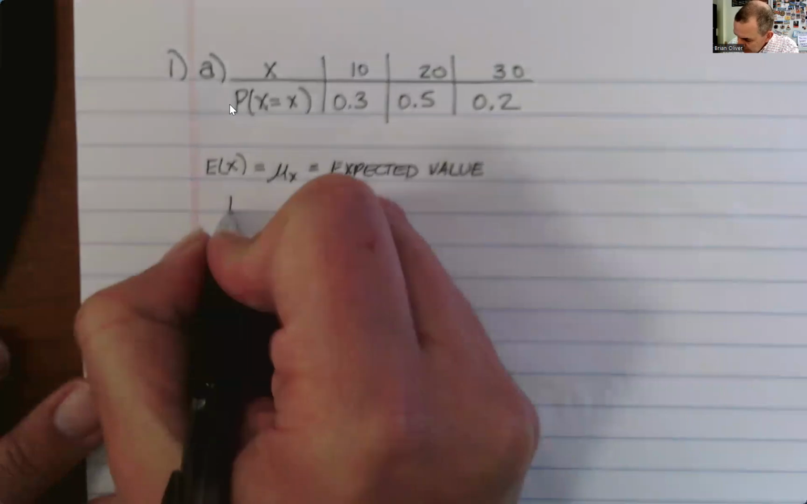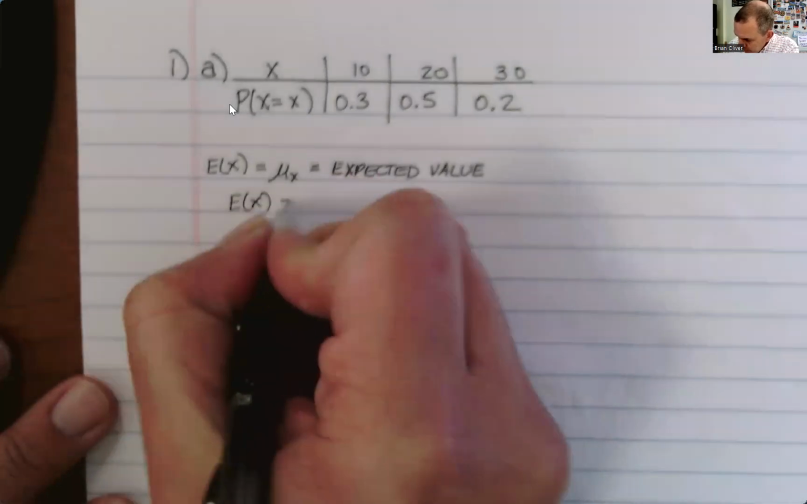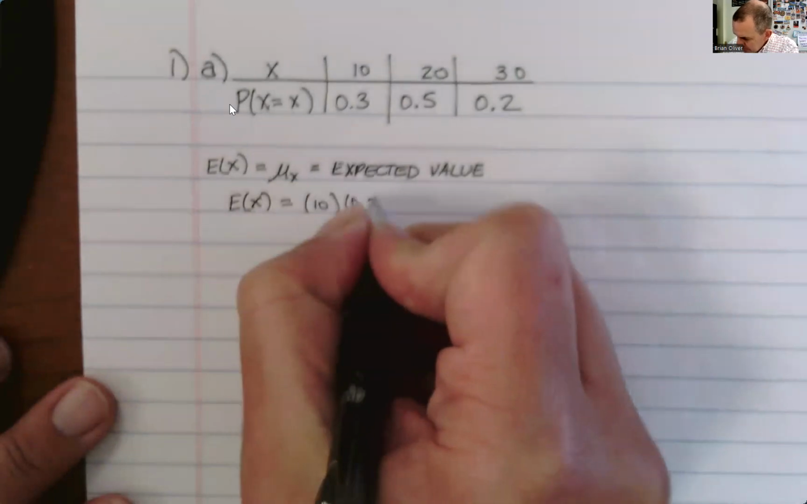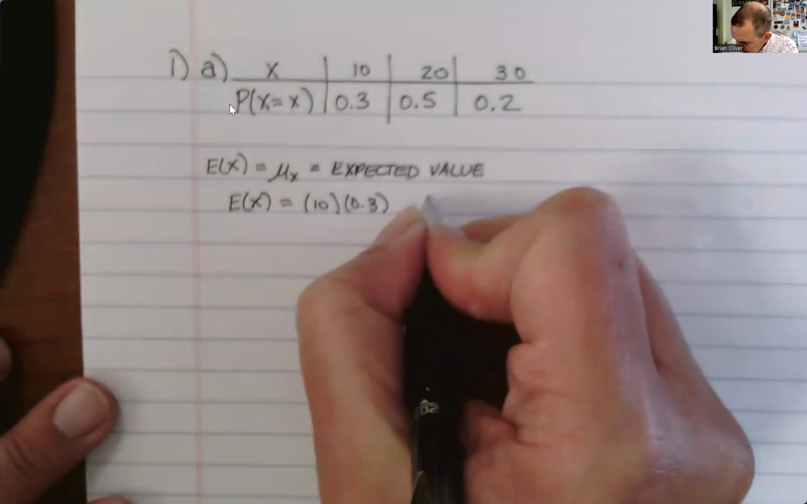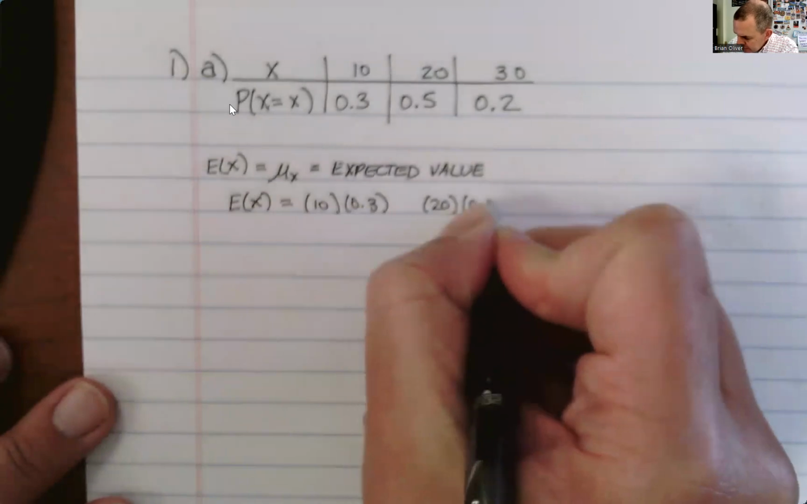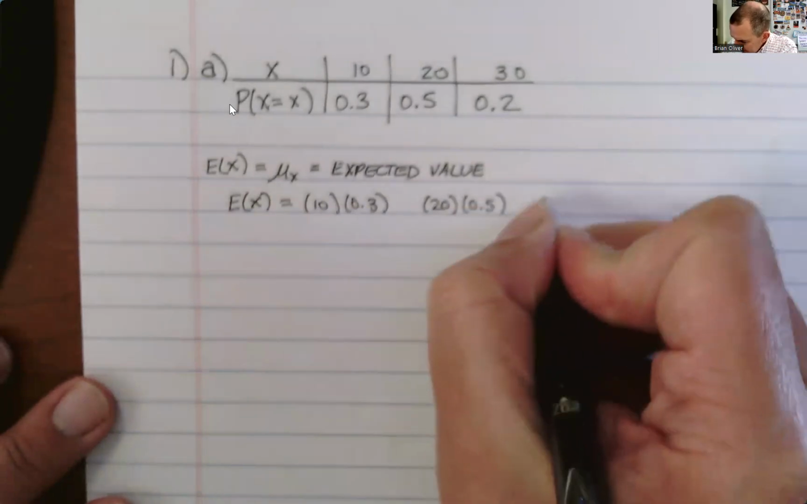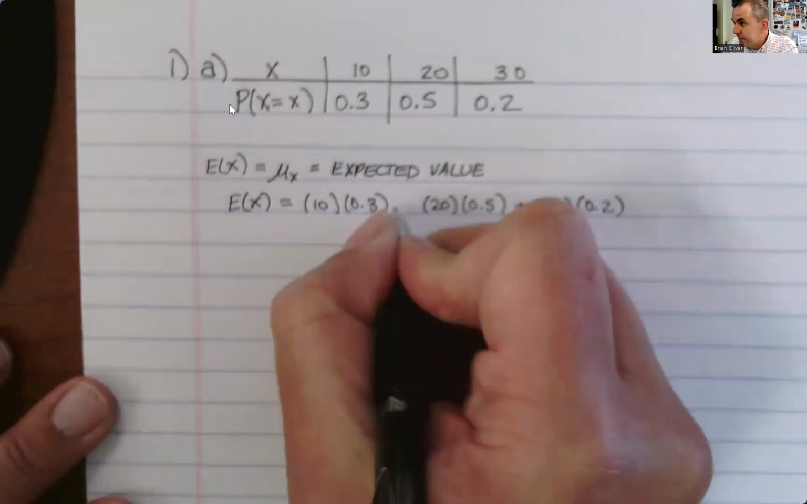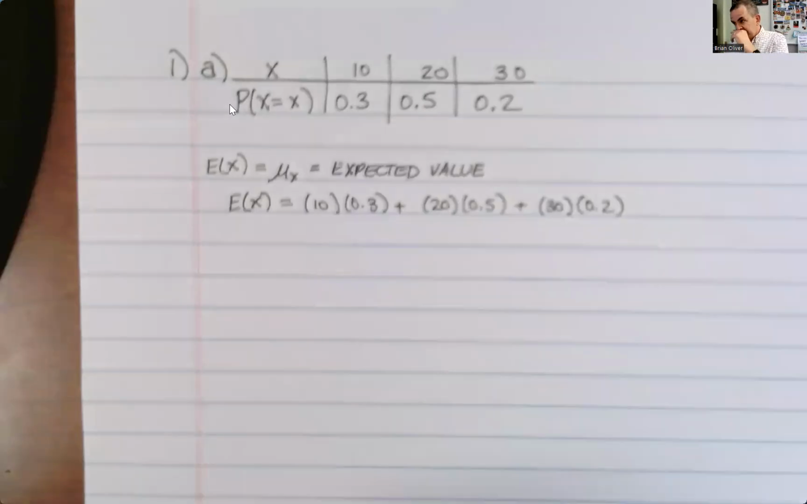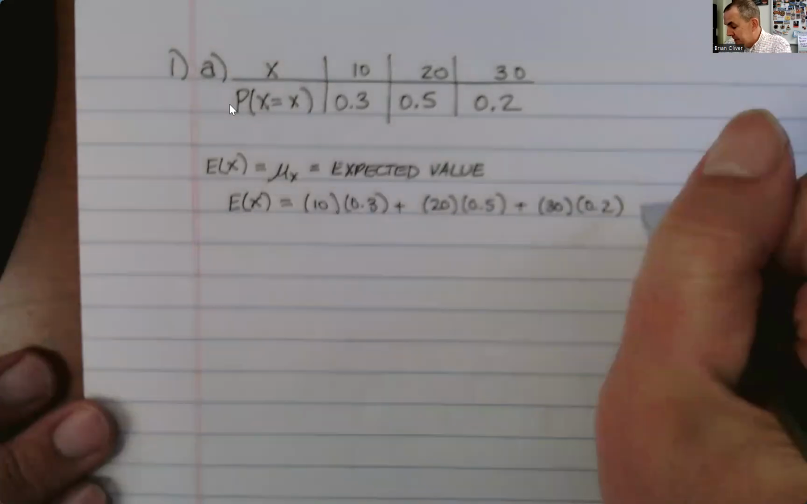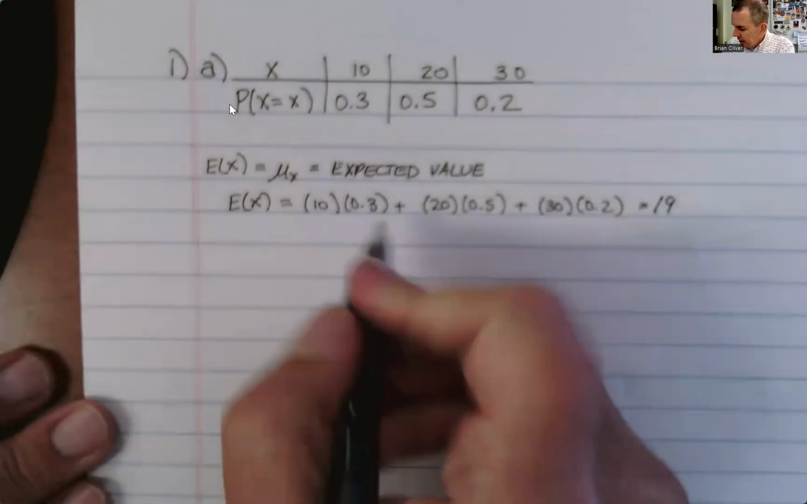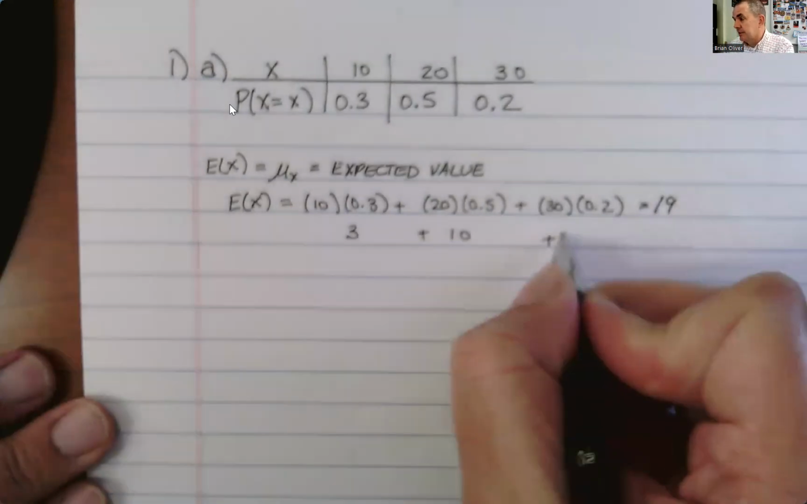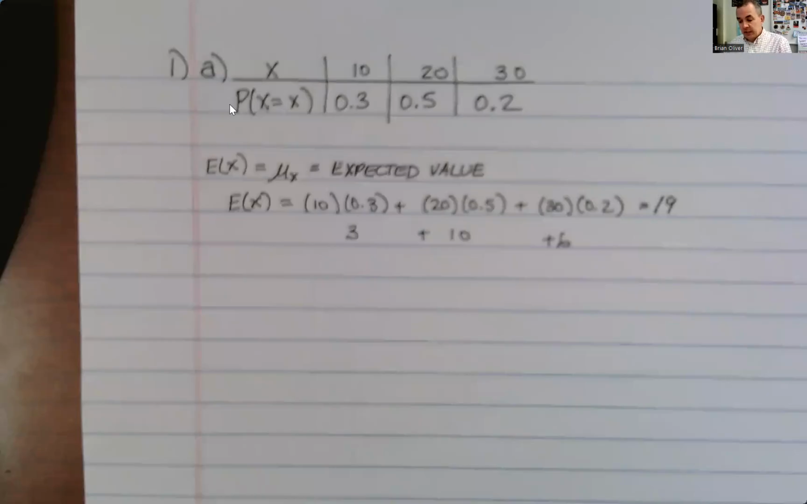So what it really is in its simplest form is we take the first outcome, which is 10, multiply it times 30%, take the second outcome 20, multiply it times 50%, take the third outcome 30, multiply it times 20%, add them all together. What it's going to come out to be is 19. So it's 3 plus 10 plus 6. That's what that is. Now, I will show you the way you're going to do it on the